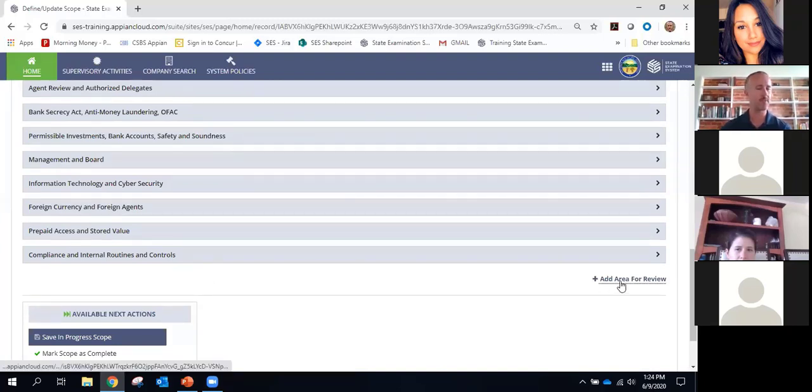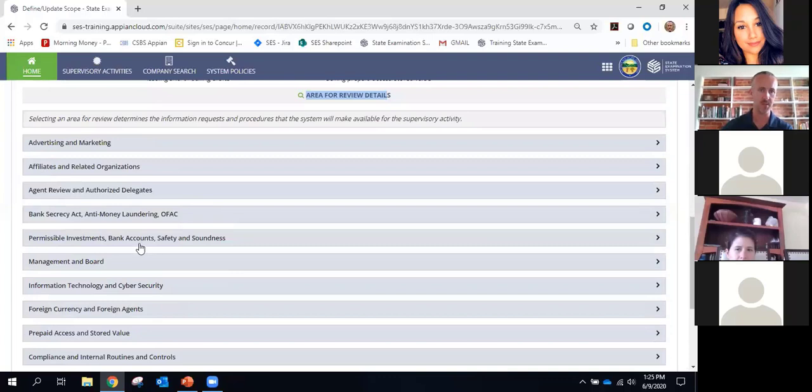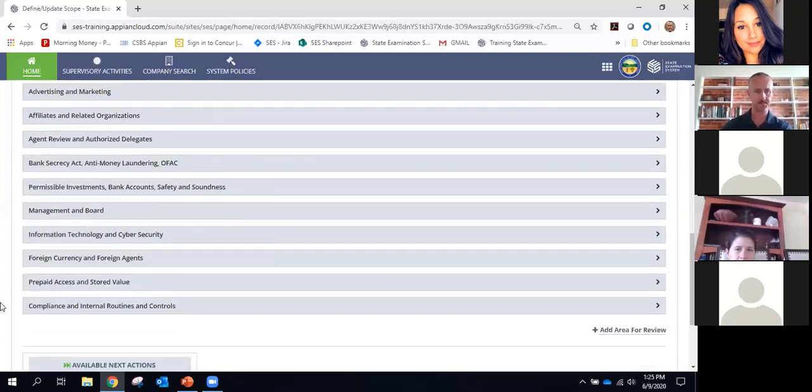There are probably 40 different areas for review that you can choose from. And for each industry type and for each exam scope, this will look a little different. Some agencies have a defined set of areas that they have to look at for a full scope, and that's different from a limited scope. This gives you the flexibility to build this the way you want. If you say, in my state, a limited scope is only 5 things, then you would only pull up 5 things on here. In a full scope exam, I think this is more reflective of a typical full scope exam, so we're going to run with this.